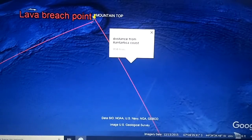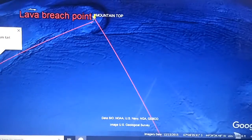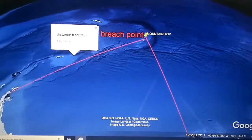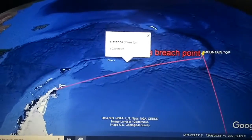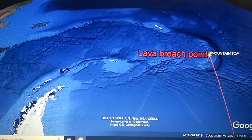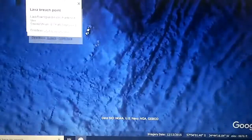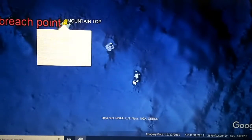Now this is 900. I'm having trouble reading the numbers, but I measured it. It's about 950 miles from the mainland shore of Antarctica, and 1,029 miles from the tip. So it's closer to the main shore of Antarctica. Both of them are right around 1,000 miles, and that sounds like a lot, but Antarctica is a lot of ice, and this island,